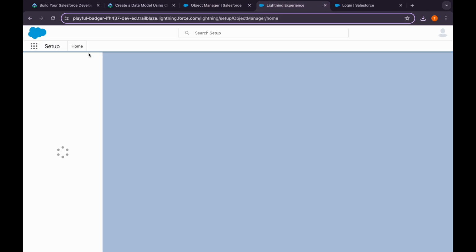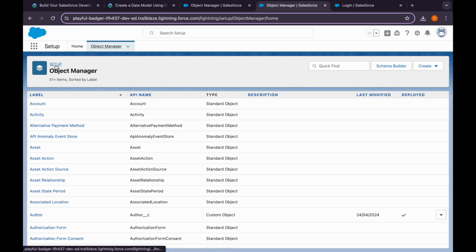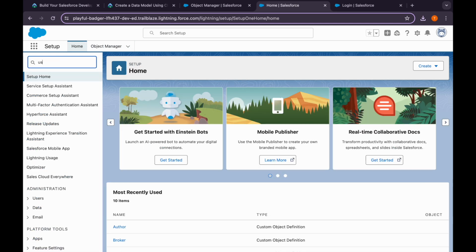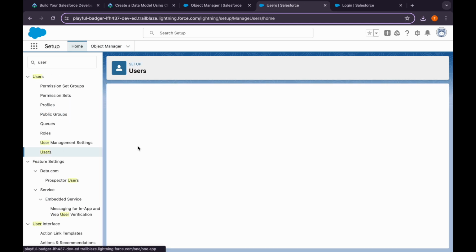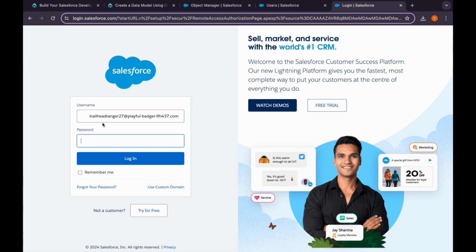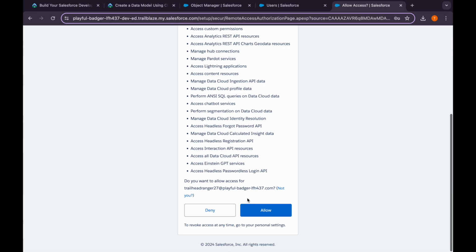I need to have that username from there only. Okay, I'll paste the username and then have the password, then login, allow,